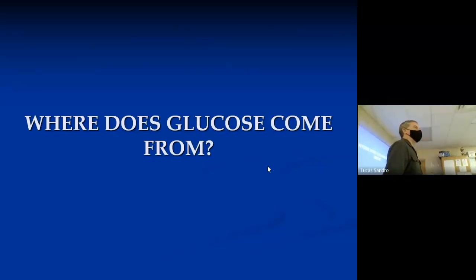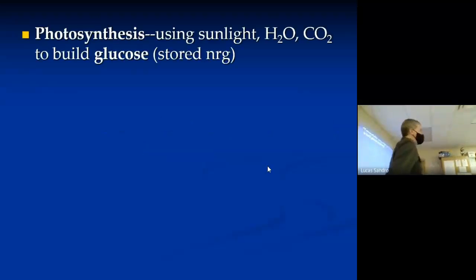Today, we're answering the question, where does glucose come from? And of course, the answer to that is glucose comes from photosynthesis. Photosynthesis is the process plants use,